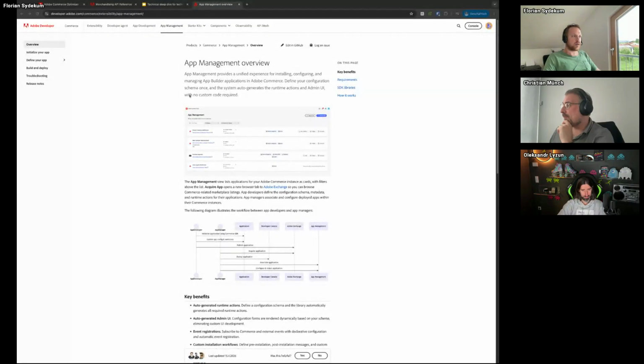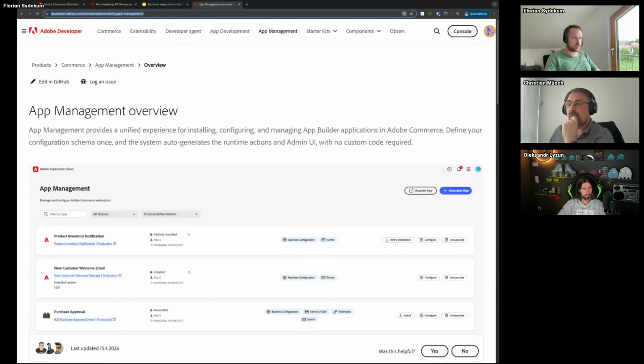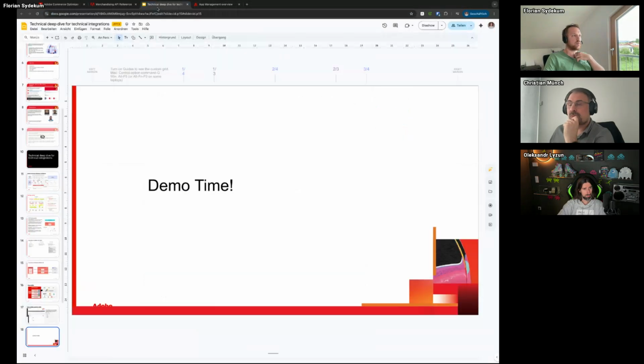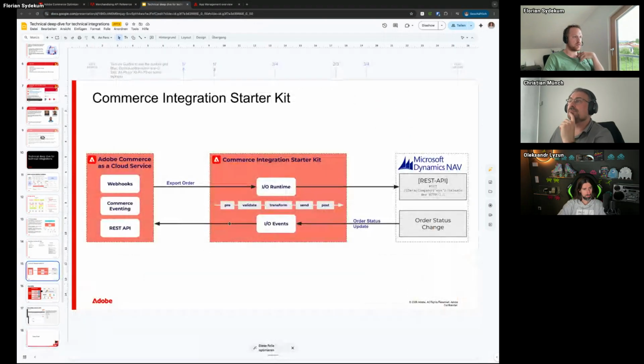So basically, the Integration Starter Kit is just a blueprint. Like I showed you on the slide here, it gives you some steps where you can implement the last piece of code in every step to connect both systems. But everything around it, for example, to configure or register your events and webhooks and so on, is pretty much out of the box. There are some scripts contained in this Integration Starter Kit which you can run to register your new integration to the Commerce system, for example, right?